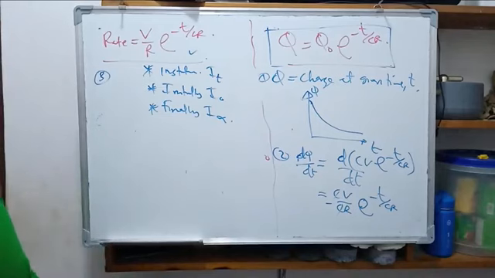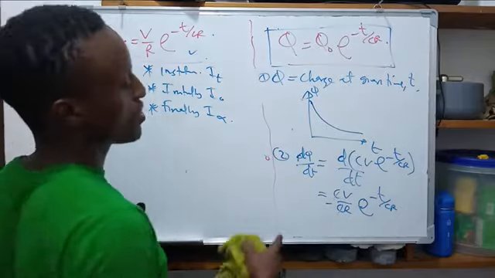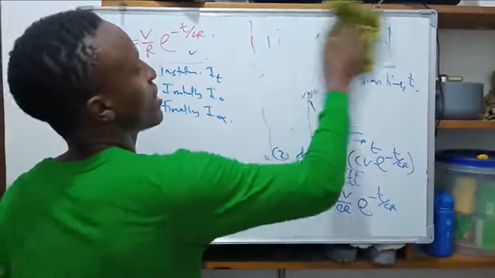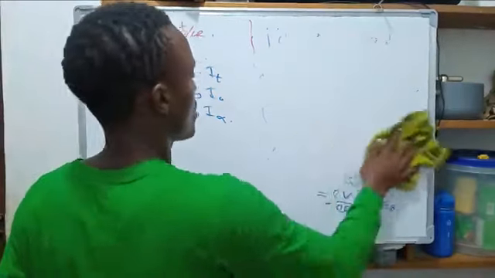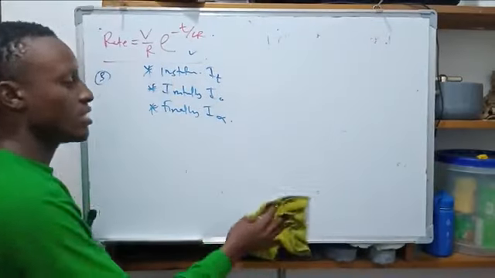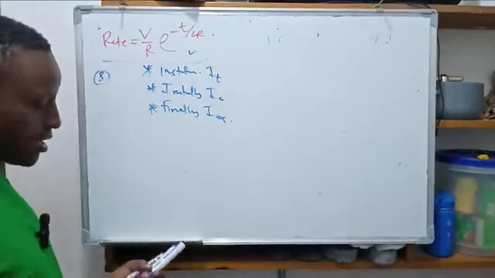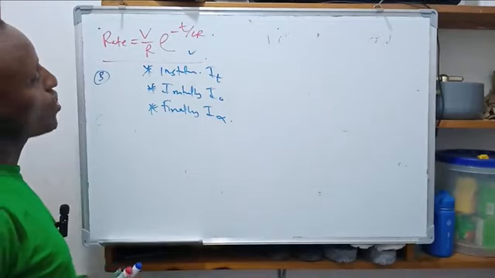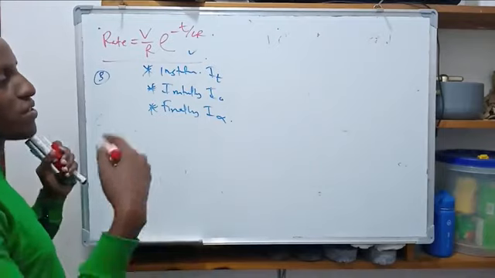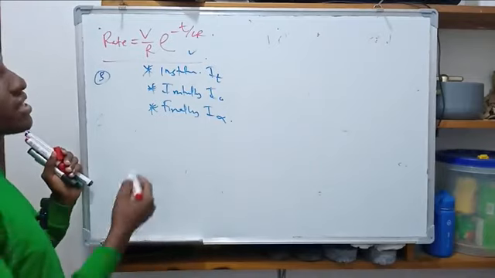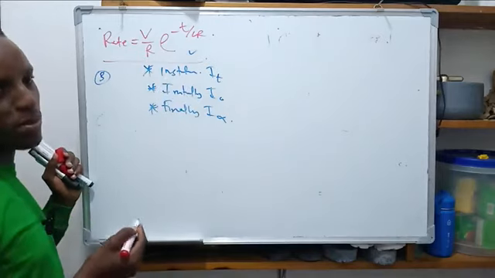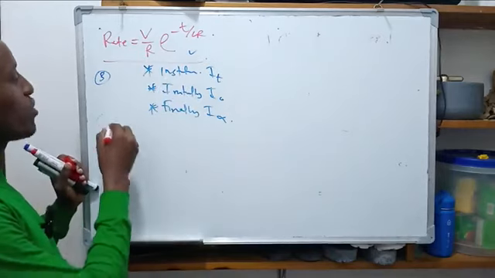So let me speak about this. You know now about this. We have just spoken about the rate. We have just spoken about the nature of the graph. How about if they ask you the voltage across